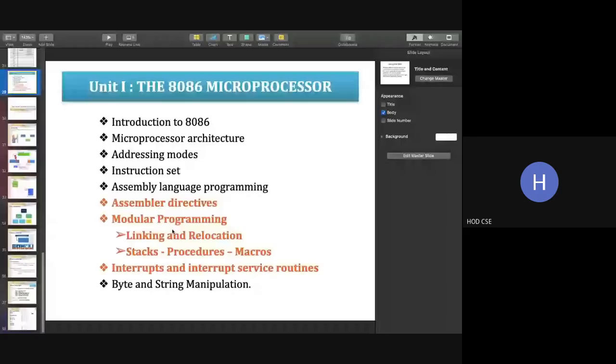Okay students, in this week itself we'll be completing the first unit. The second unit will be starting next week. If you have any doubts, you can call me at any time. I think you know my number also. You can discuss with your other faculty also, Subhashini and Kalyan Kumar from the EC department.